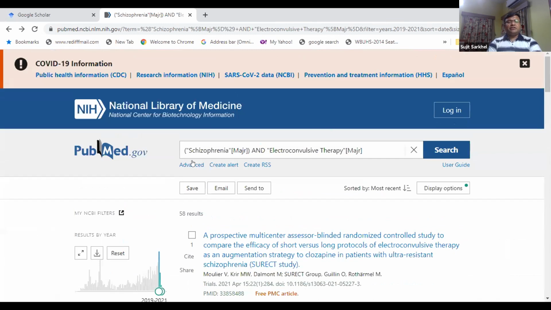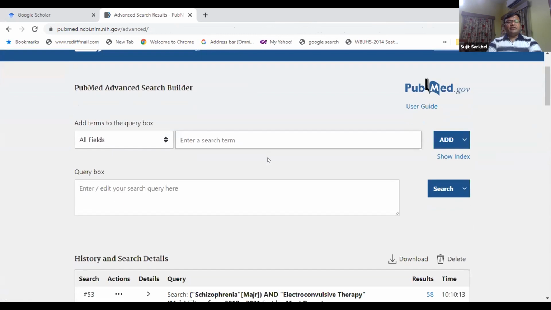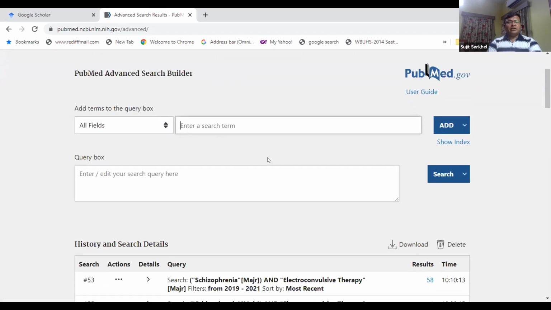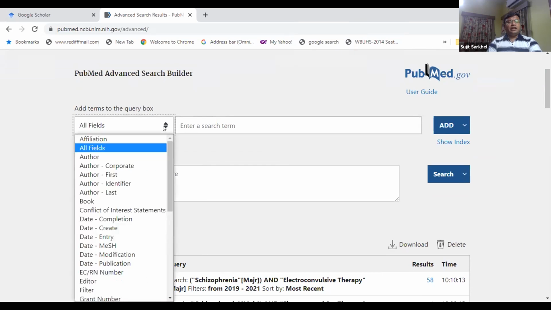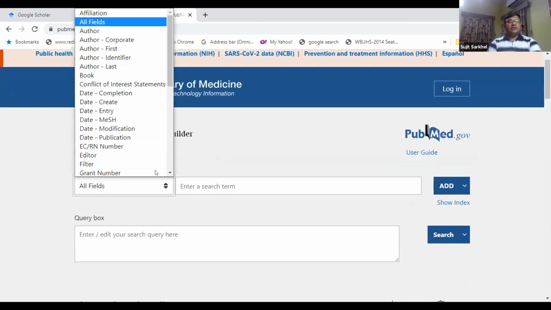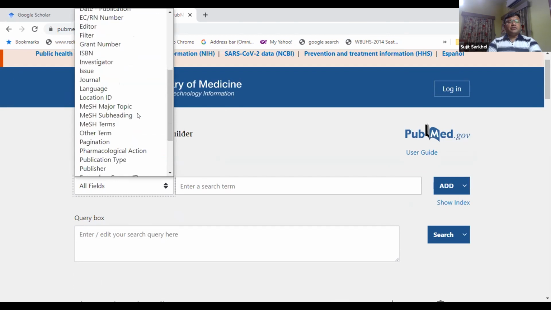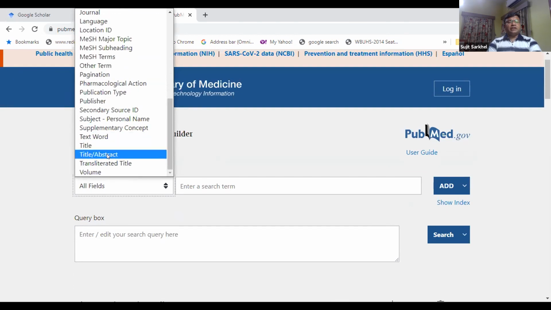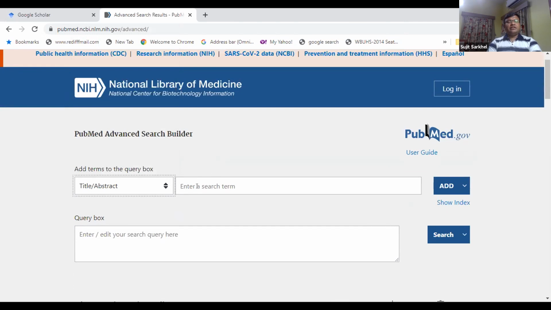Then another option is there, which is the advanced search. In advanced search, it is almost similar, but here you may not be using a mesh term. Here all fields are used. So in case of all fields, you can look for the author, you can look for a book, you can look for terms in the abstract. As I was saying, a title and abstract. So if you put title and abstract here, only the search term, if it is found in title and abstract, will be retrieved. And as usual, you can add and, or, not as Boolean operators. So this is all about the advanced search.